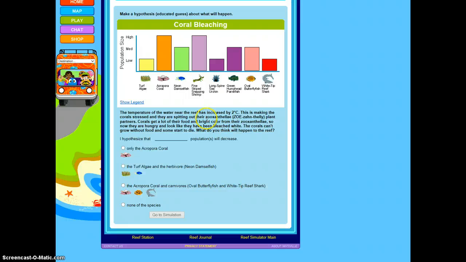Alright, the temperature of the water near the reef has increased. It's making the coral stressed, and they're spitting out their zooxanthellae plant partners. They get a lot of food and bright colors from these, so now they're hungry and look like they have been bleached white. My hypothesis is